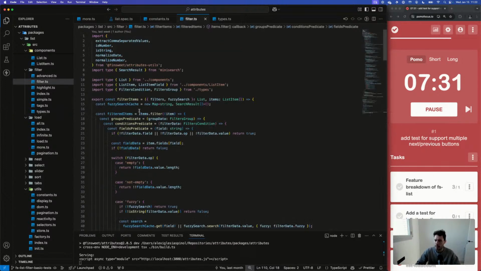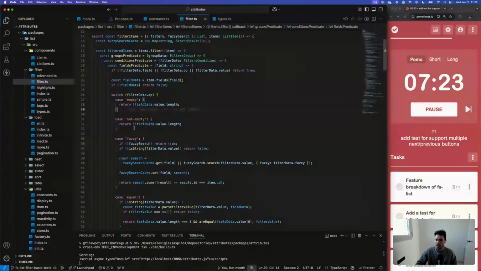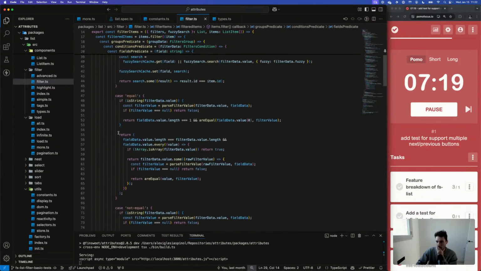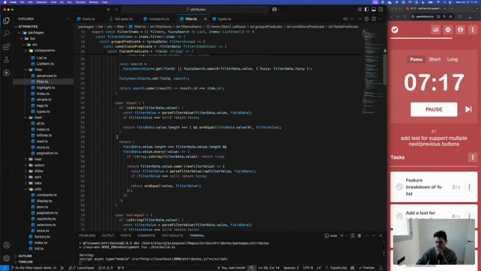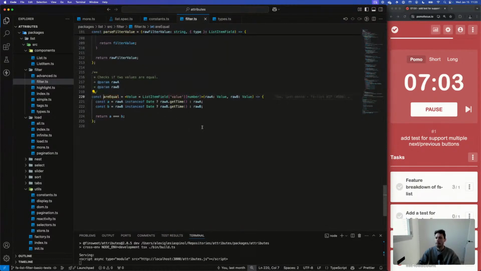But where the filtering is happening is in here. We loop through all the groups, all the conditions, and all the fields. And then we check each condition, whether it's empty, not empty, fuzzy, equal, and so on. So when doing equal, when it's a string, filter value, the field data value length, yeah, let me check these are equal.